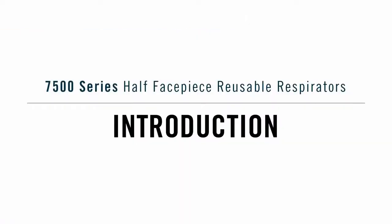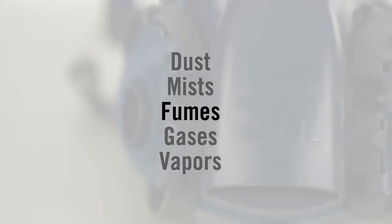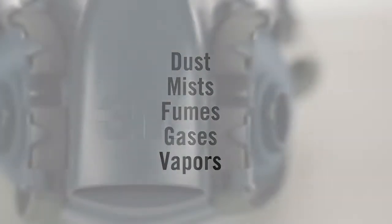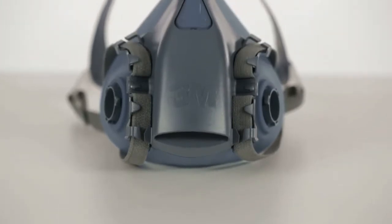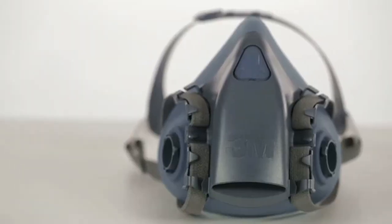Introduction. In many workplaces, the air you breathe can be hazardous. Potentially harmful dusts, mists, fumes, gases, and vapors. Breathing airborne contaminants can damage your lungs or cause other sickness or disease, even death. If engineering controls or other measures are not sufficient, you can help reduce your exposure to certain airborne contaminants by